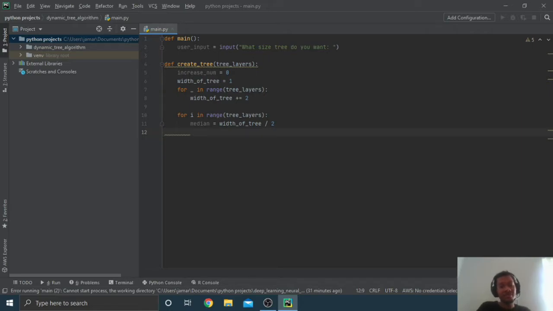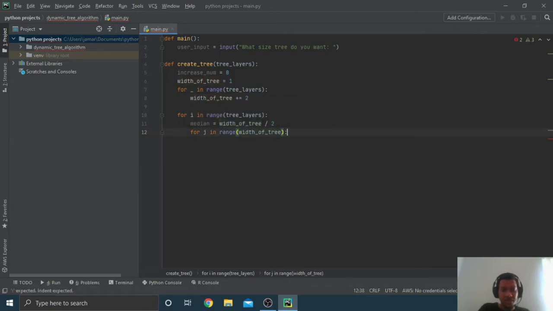So now we need to do for j in range of width of tree, I want to do if j is equal to 0, then I want to